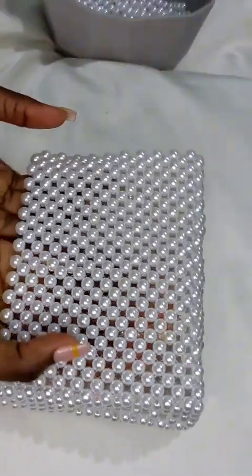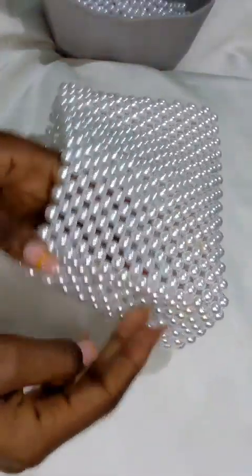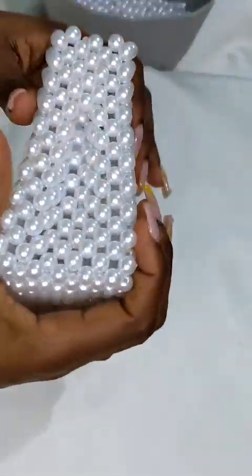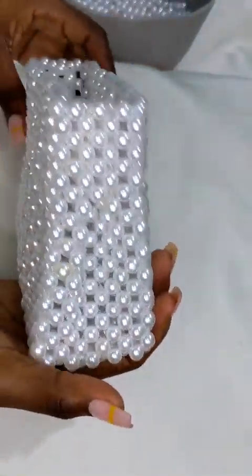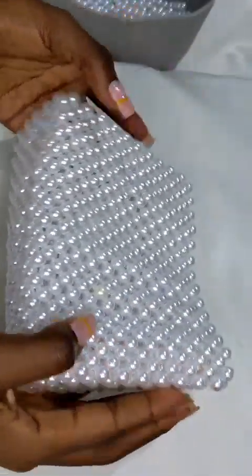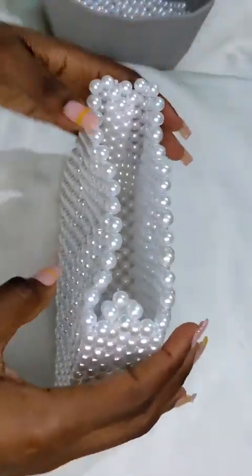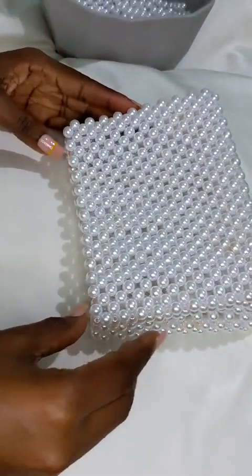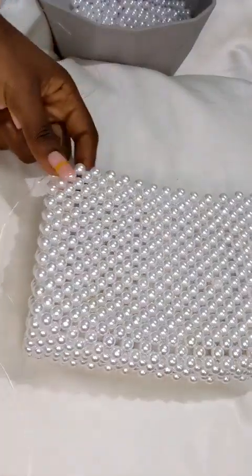So we are done. Sorry. So you can see how the side looks, and from there we are going to start making the flap of the back,